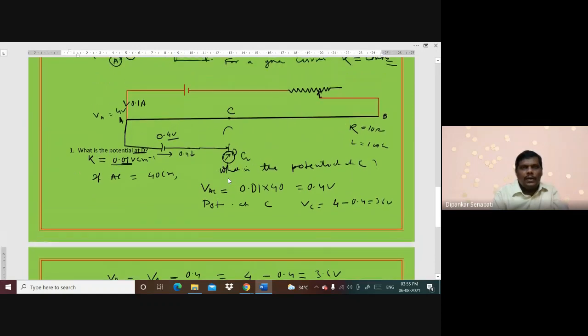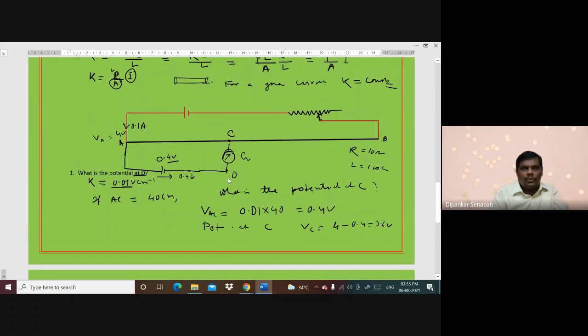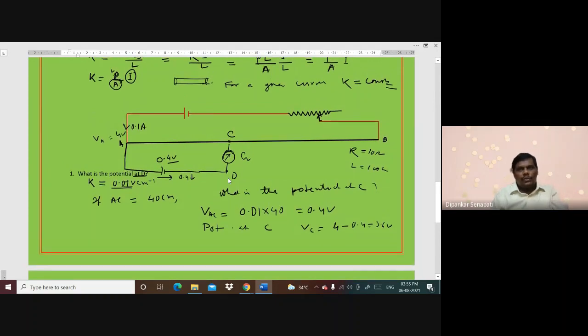Therefore, no current can be expected here. Right? No current will flow from D to C or C to D. Yes, current will flow if a potential difference arises. How can we create the potential difference? Simply, you see,